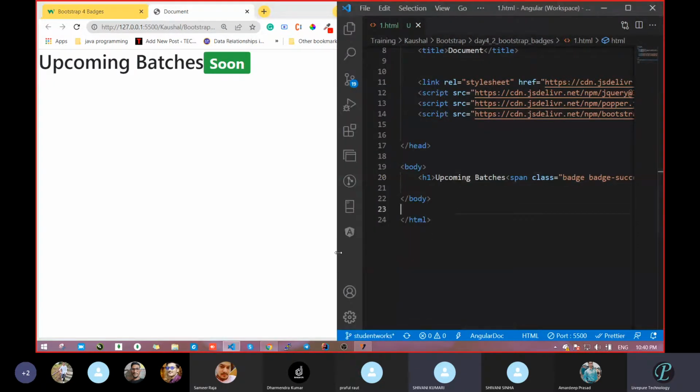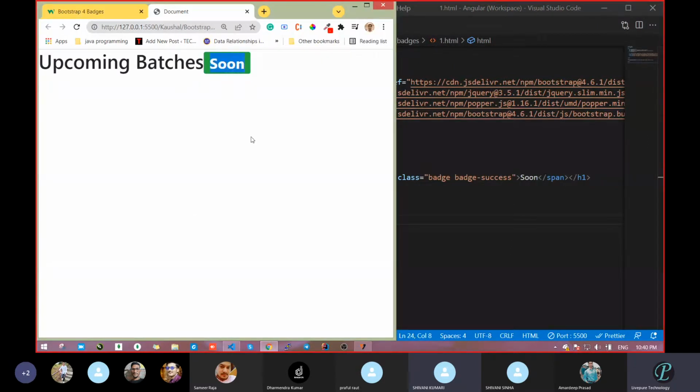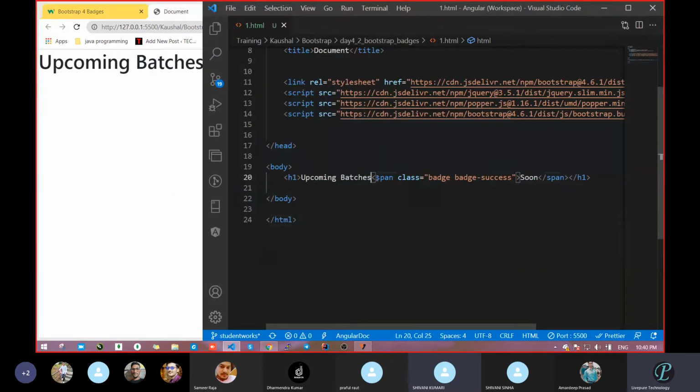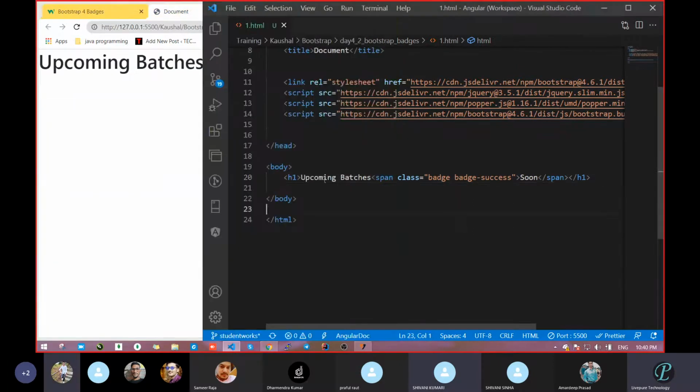So how are we doing that? For that, this particular text should be in the badge class, and the remaining should be outside. So see this, the remaining we passed outside. Whatever you want to highlight to look somewhat special, you can put in the span. Why did we go with a span? Why not any other tag? Tell me. Why will we go with the span one? Because we are going to give an effect to particular things. Because span is a particular inline element, sir. Sir, inline, bro. Correct. So that is inline.